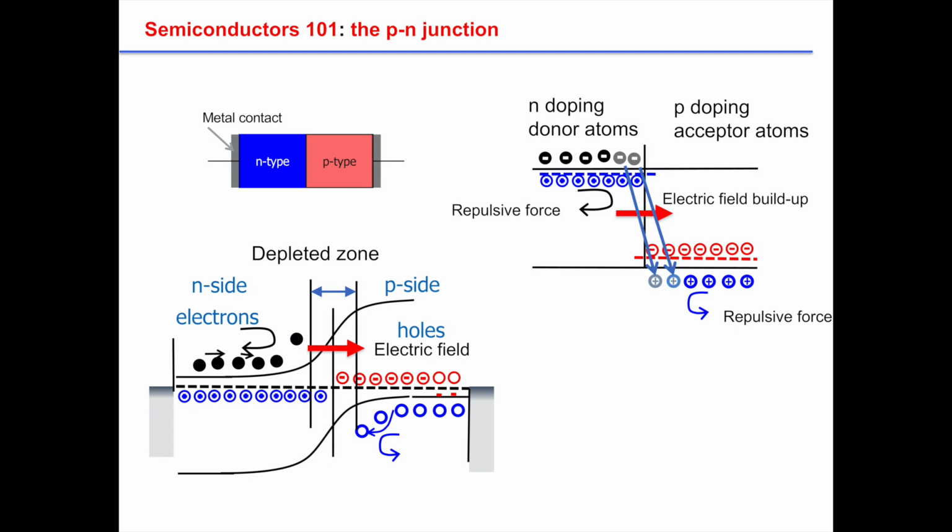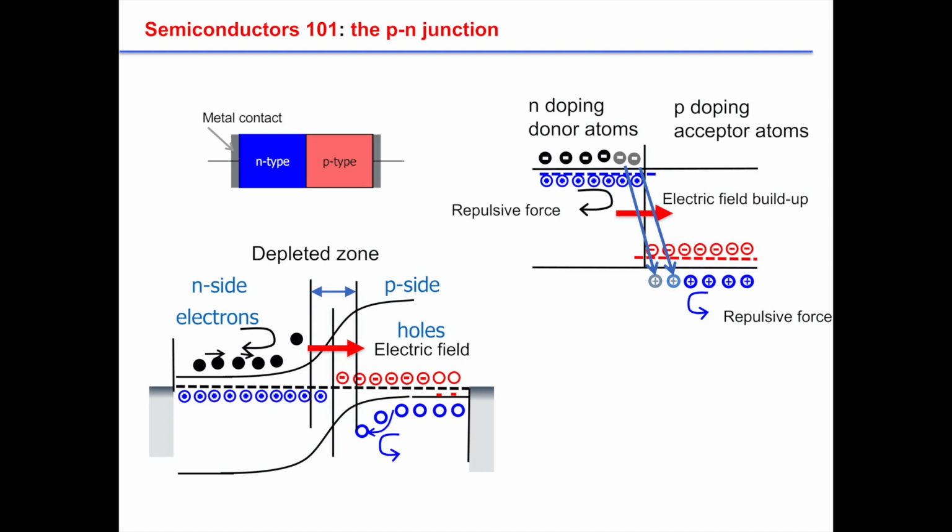Wow, that's great. Because if I am able to put at the same position of the semiconductor electrons and holes, I will emit light. So this will be a light emitting diode. So the problem is, how can we do this? And to do this, we just put next to each other